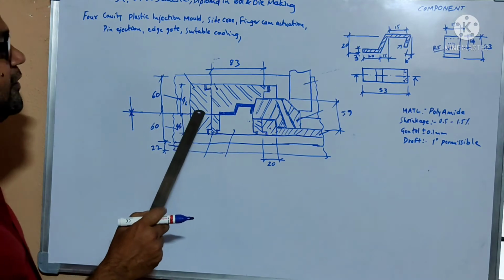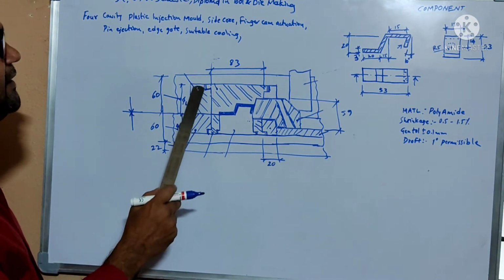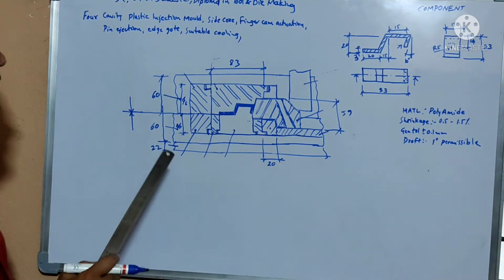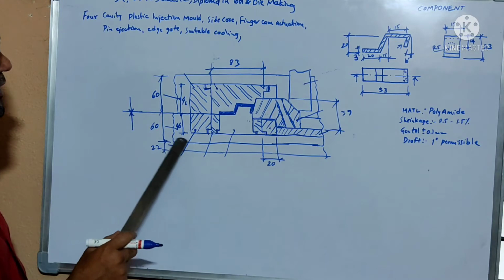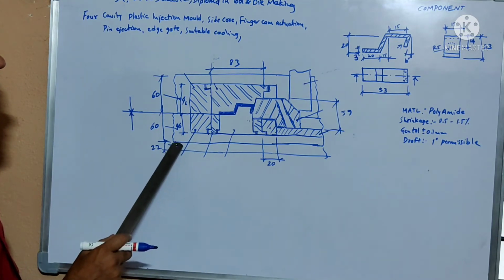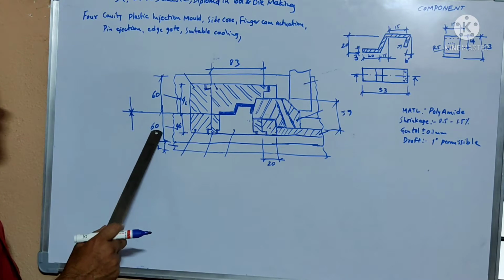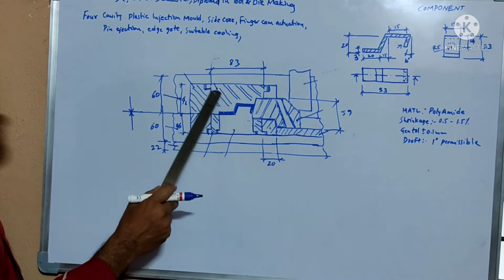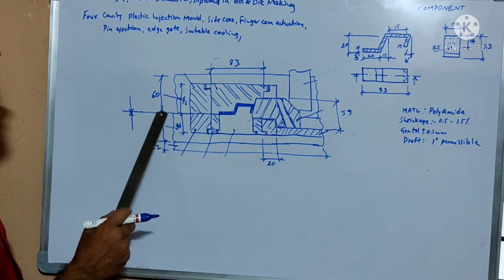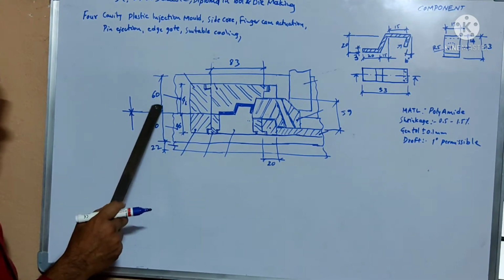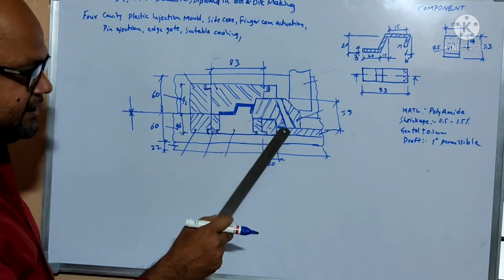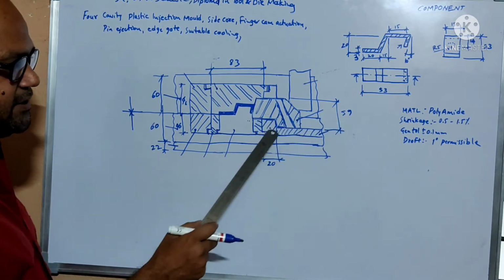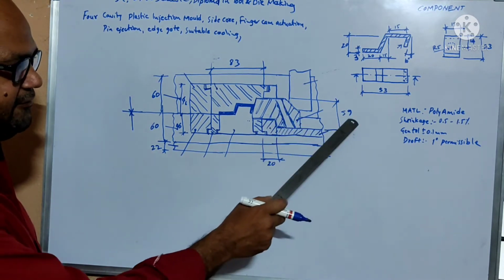Similarly, for the cavity insert, the same thickness is 46 mm. Coming to the plate thickness of the core housing, this one is the core housing, the core housing plate thickness is 60 mm. And the cavity housing, this one is the cavity housing, where the insert is placed, that cavity housing thickness is 60 mm. I already told the thickness where the side core movement is there from inside and outside. The side core thickness is 59 mm.